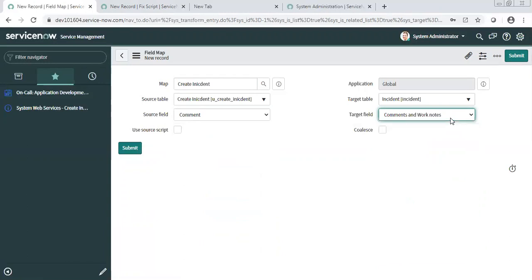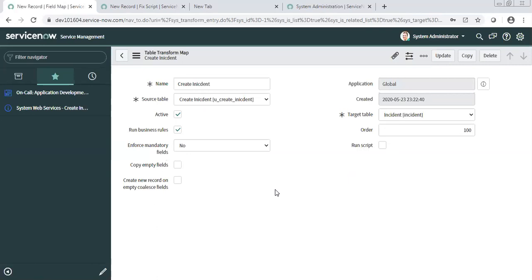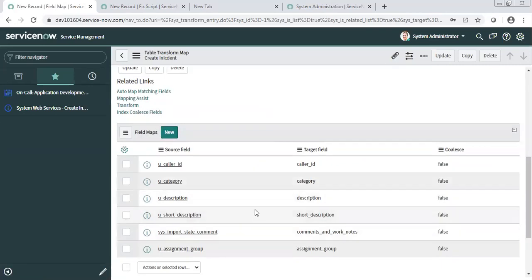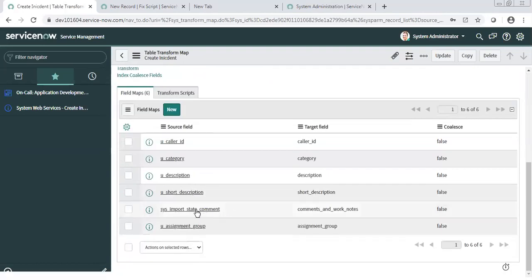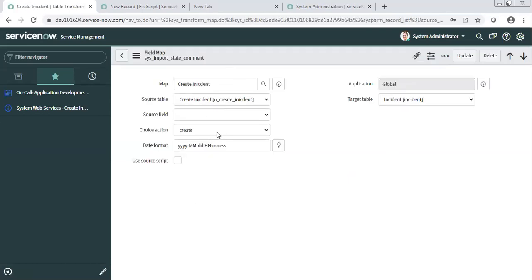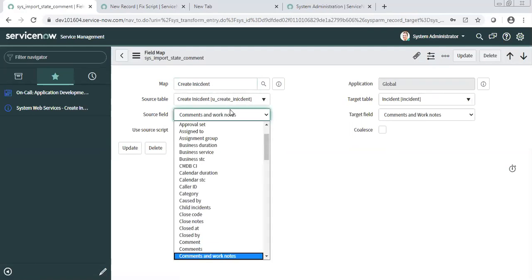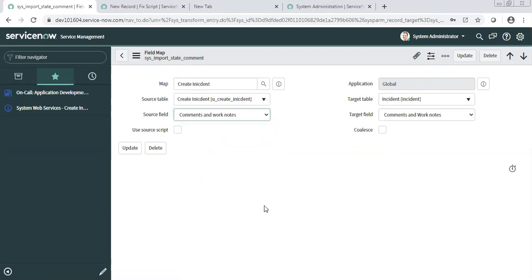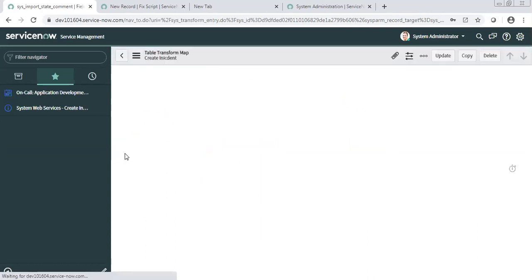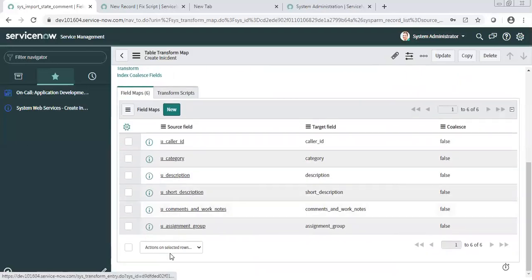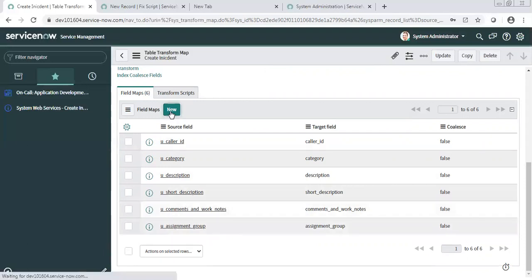So why is this comments and work notes field different if we have copied the incident? We see comments and work notes as common fields there, I think. But in the staging table it should also be there, right? It's a different name; this was selected wrong. This is the import set table. Okay. Select comments here. So the last one is priority.